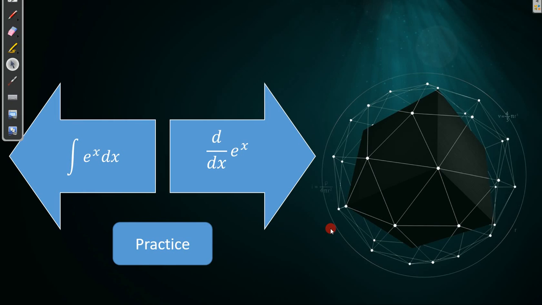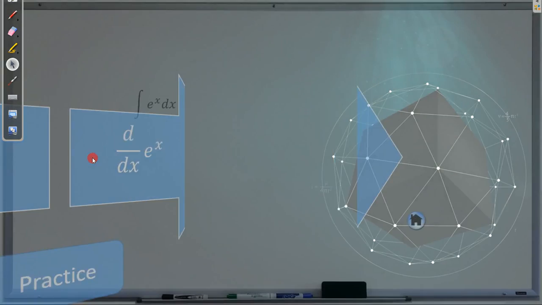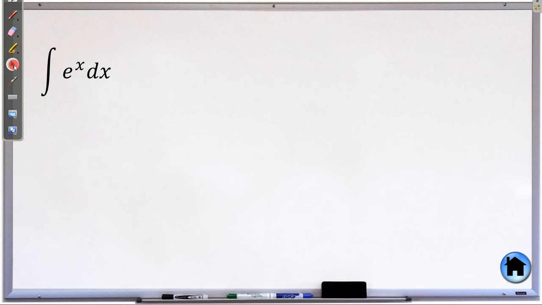We have another derivative and antiderivative pair. This will be a breath of fresh air because this one is really easy, because we already know the derivative. The derivative of e to the x is just e to the x. So the antiderivative of e to the x should be very, very easy for us to do as well because